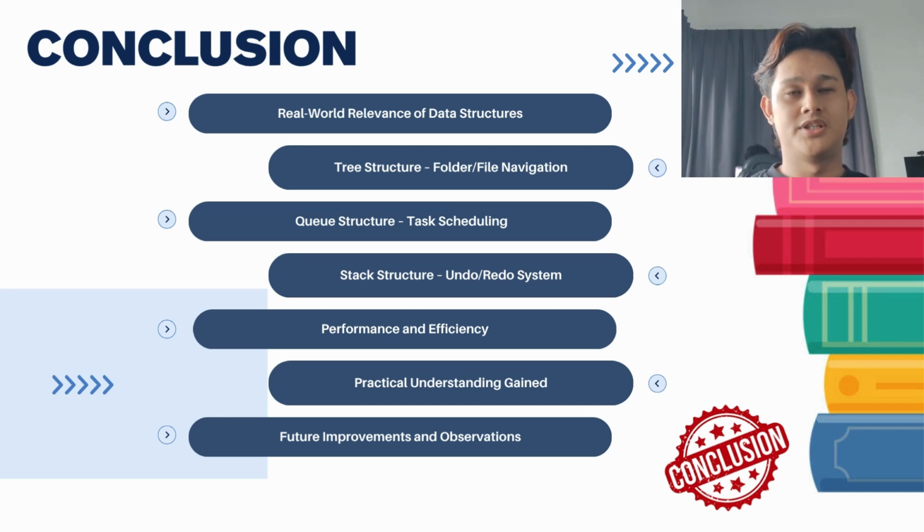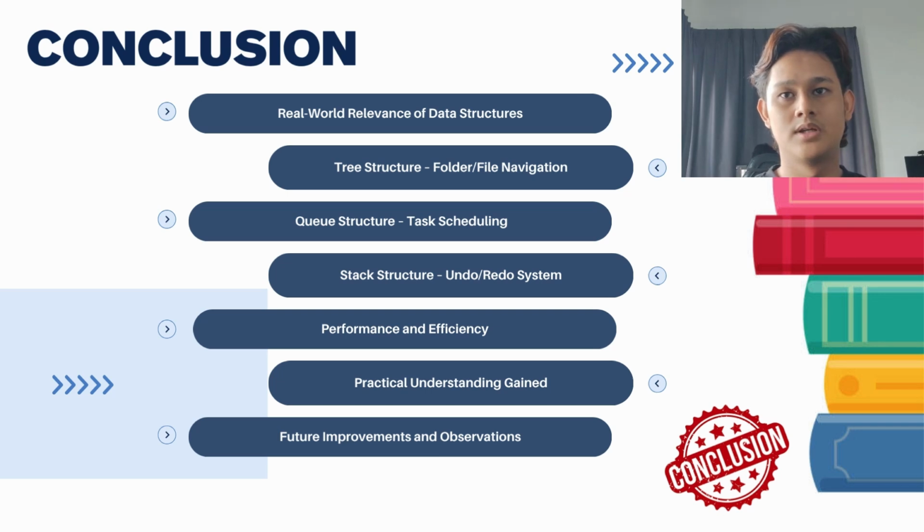To wrap up our presentation, I'd like to share the main conclusion from our project. First, this project clearly shows us how important data structures are, not just in academic theory, but in real-world software like Visual Studio Code. These structures help organize operations, improve efficiency, and make the user experience smooth. We start with the tree structure, which is used in VS Code folder and file navigation. This tree layout allows users to explore files in a clear hierarchy. Each file or folder is a node, and